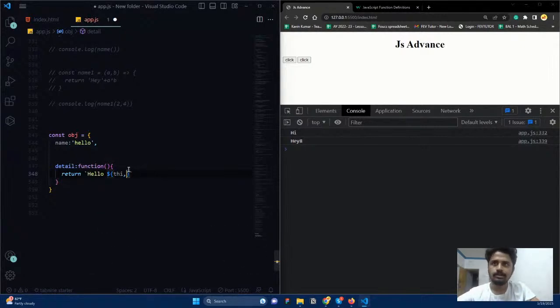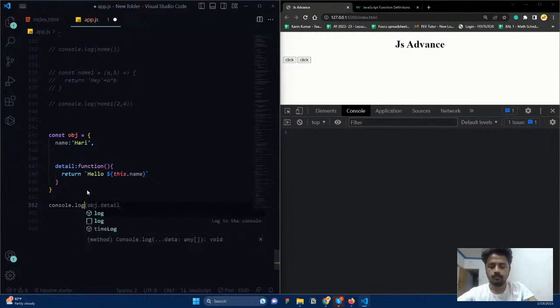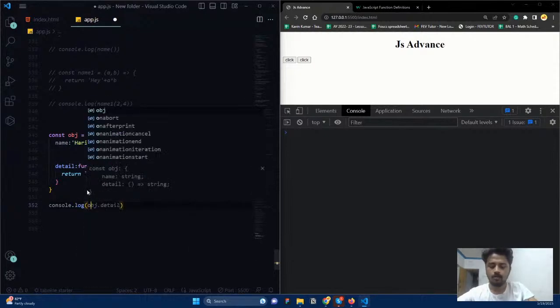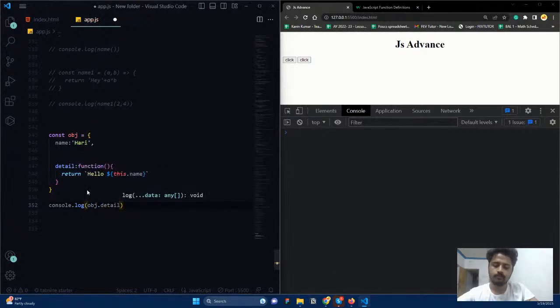This dot name. We know that this inside an object is going to refer to the object, right? So if I ask for this dot name, it is going to refer to the name of the person. Ask it in console.log, you can get the function and invoke it. If I invoke this, it is exactly the same, right? But here, if I use the arrow function,